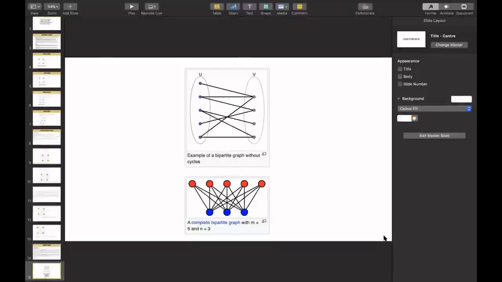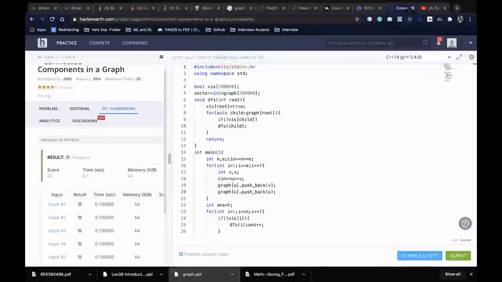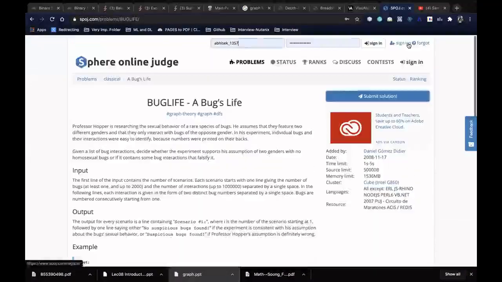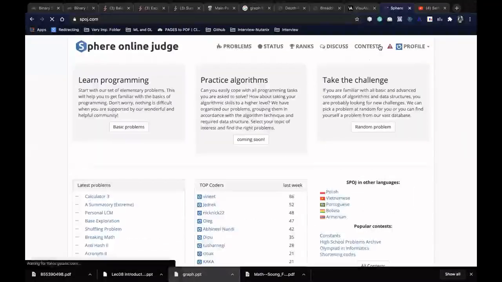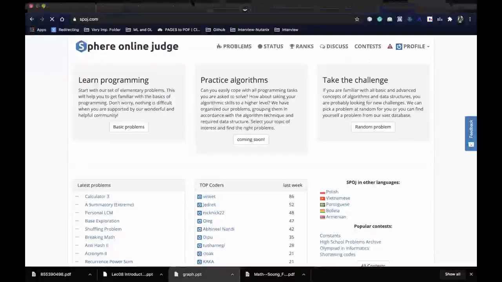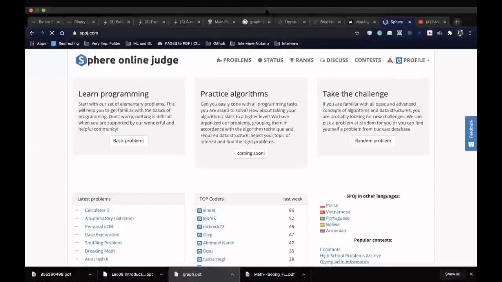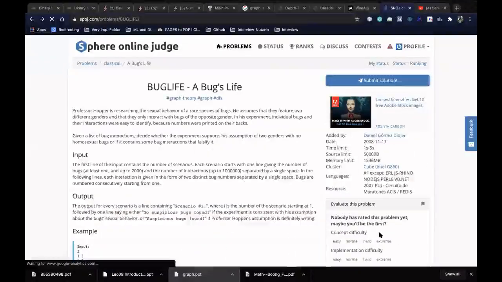So let us quickly try to solve a problem which uses bipartite graphs. The problem says Professor Hooper is researching the sexual behavior of rare species of bugs.